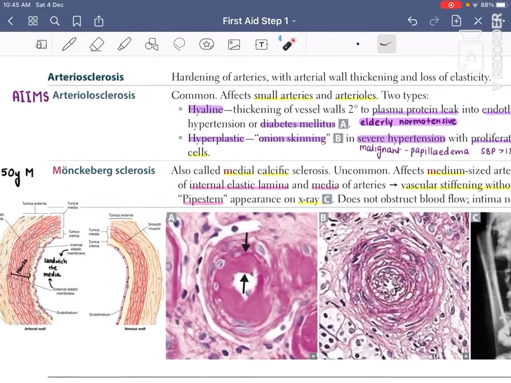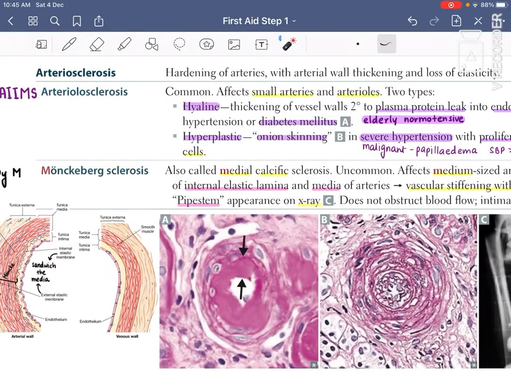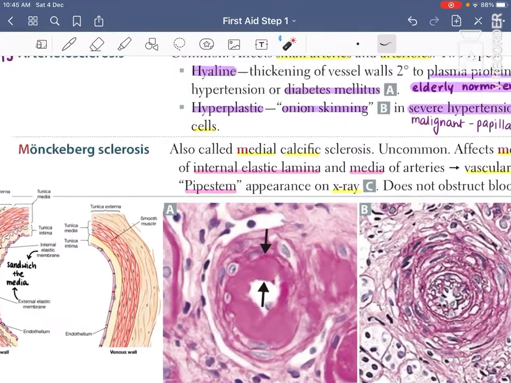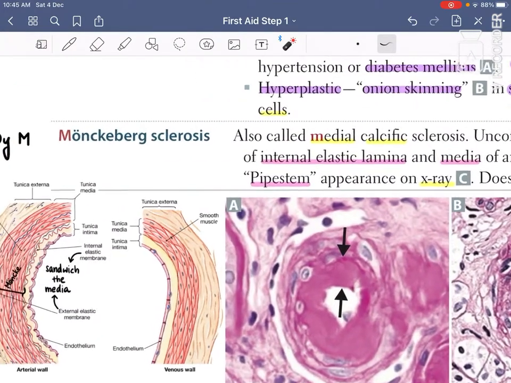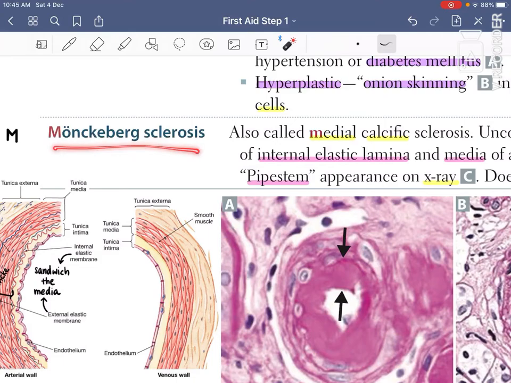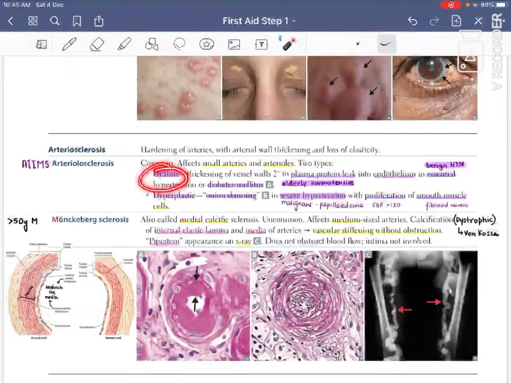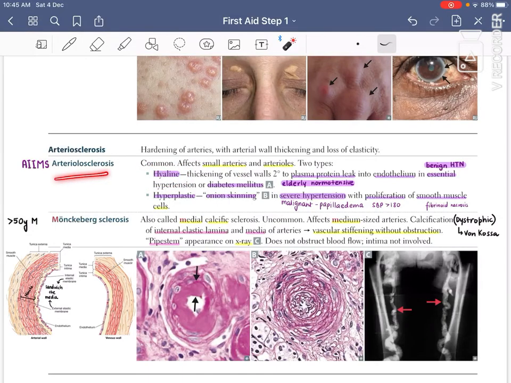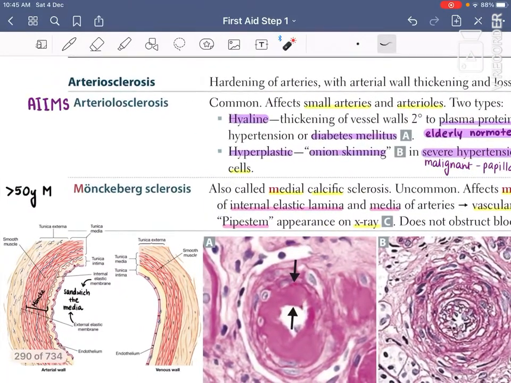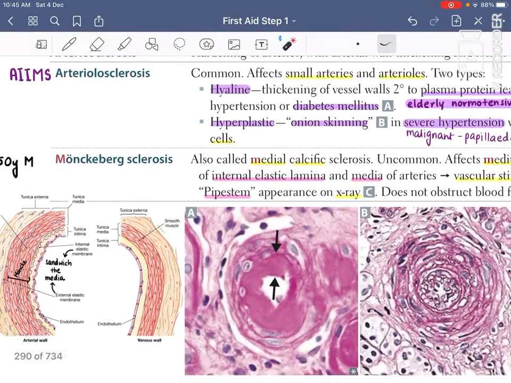Okay, there is a possibility of Monckeberg sclerosis coming, because the entire topic is important. Since we got a question on hyaline arteriosclerosis, the topic as a whole would be pretty important. From what I have seen of CVS pathology, when I did the custom module of AIIMS, I only got 4 questions, and arteriosclerosis is one of them. So that means it's a very big deal. So yeah, Monckeberg sclerosis, whatever you want to call it.